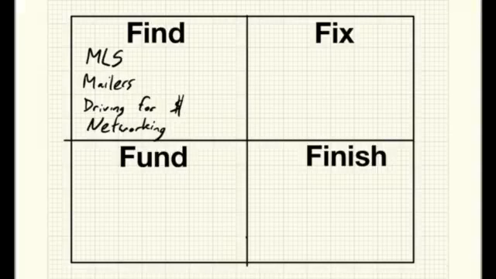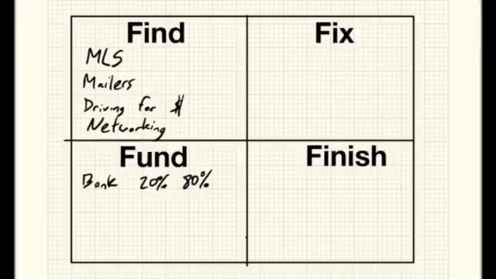Now, funding. A lot of people think that they need to go to a bank and they'll put 20% down, and then the bank brings the other 80%. But oftentimes banks don't want to fund a fix and flip type deal because of the condition of the property. The bank doesn't want to possibly take over a property that needs rehab because they're not in the business of renovating properties. They're in the business of lending money. So oftentimes they don't want to give you a loan if the property needs work.